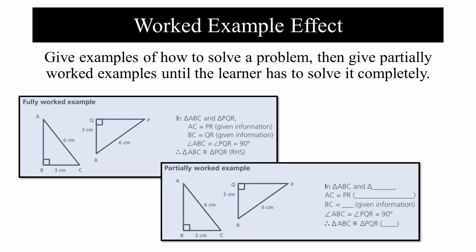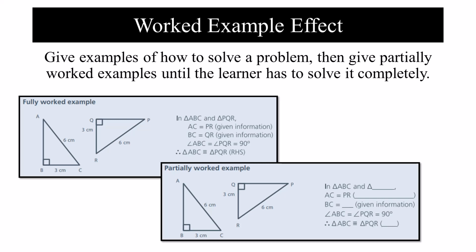Then they move to a series of partially completed examples, allowing the learner to complete the missing portions of the problem. And what you would do is you could continue this type of method until you give them a blank problem, and then the learner is able to solve it based upon the prior examples that they've worked through. The cognitive load has been managed by gradually fading out the guidance provided to the learner, allowing them to practice